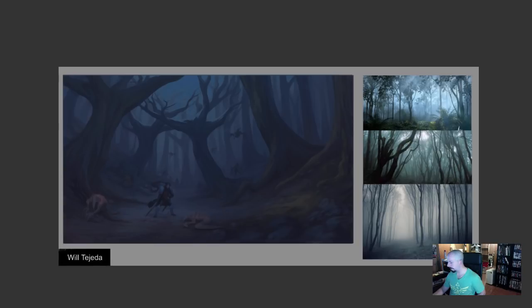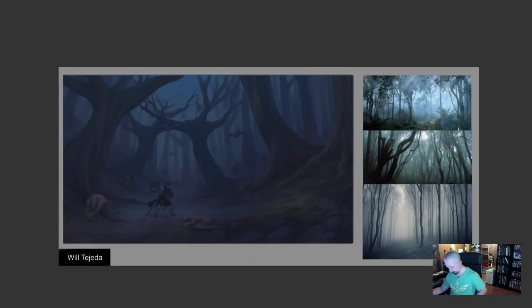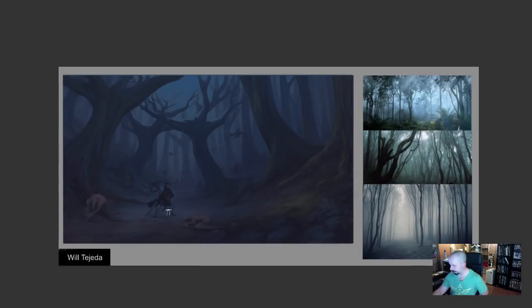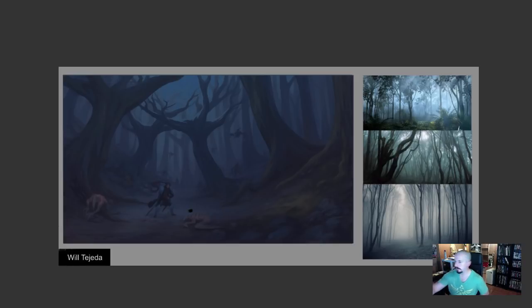And so what I'd do with this, to place the emphasis even further, is put a dropped lantern or something on the ground, something where you can hit a little bit of a warmer note of color and value. Something like that.